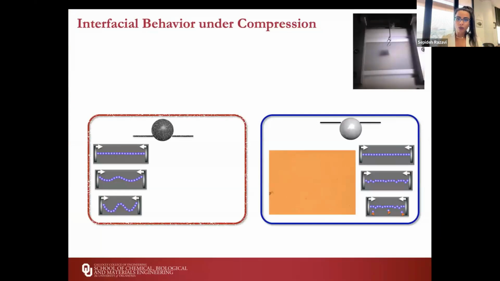Then once we move to hydrophobically modified particles, we again repeat these experiments looking at their properties at the interface, and here is the response you're going to get. Well, first of all, you see that the particles are coming out darker, meaning that they're poking more in the air phase, which makes sense because they're hydrophobic. And once we start compressing and everything in 2D is already saturated, the particles don't leave the interface. They actually rather form this elastic sheet that can wrinkle and fold. And it's a very reversible process that you can compress and expand. The particles will not leave the interface.